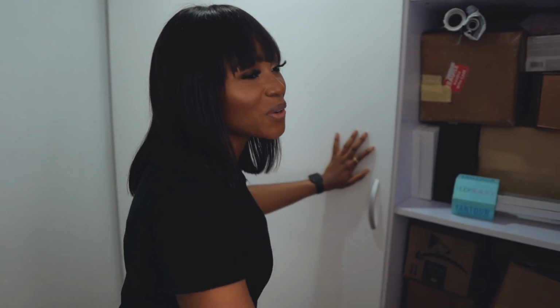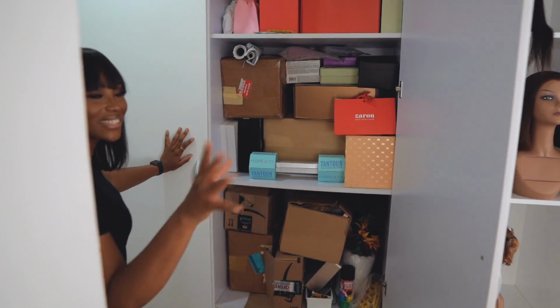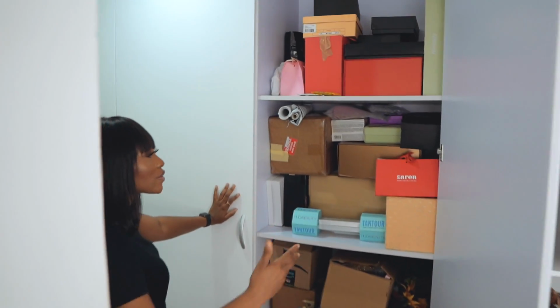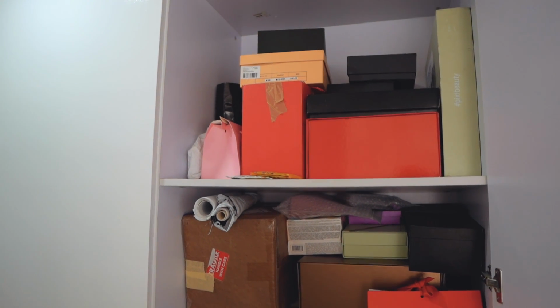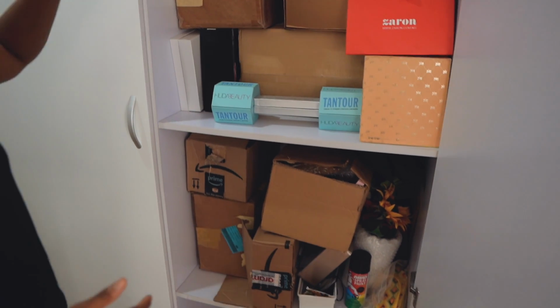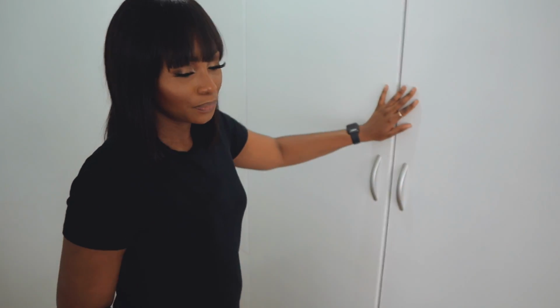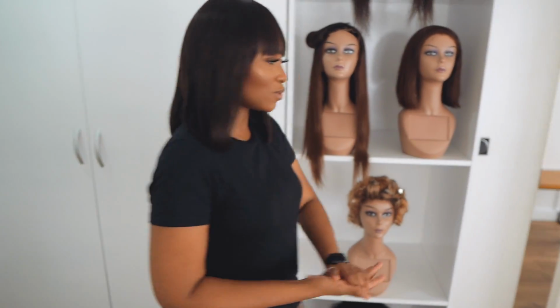I'm going to show you guys here real quick, fam. These are all PR packages. It's a bit crazy, but these are all PR packages and I'm working through them. Some of them I've already started opening, some of them I haven't even opened, some of them I am still trying to open. So these are mostly packages, makeup and products that I have to work with, film with, review, stuff like that. So that's what I have in this place. So yeah, I think that's it for this room. Yeah. So moving on,